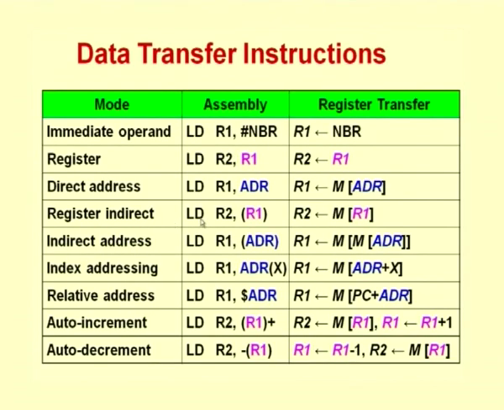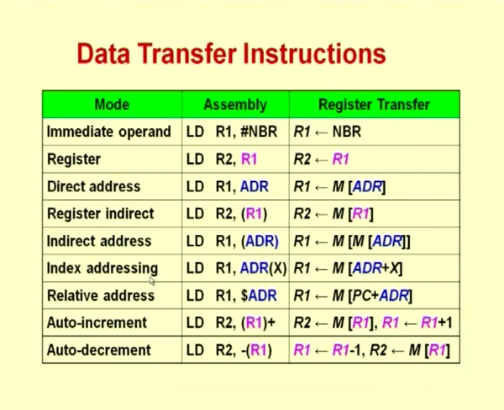Then register indirect would be specified like this: load R2 comma within brackets R1. Now the memory contents at the address in R1 will be stored into R2. Now, indirect address, this is indirect addressing with respect to memory. Here, instead of R1, I am going to specify R1 comma address within brackets. What is happening here is we will refer to the memory location given by address, and the contents of that memory location are the value that will be loaded into R1. So, M of ADR: you access ADR first, get the contents of that, and the contents of that address will give you the actual value to be loaded into R1. This is the memory based indirect addressing mode.